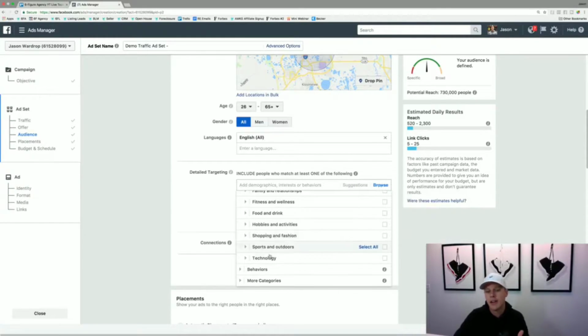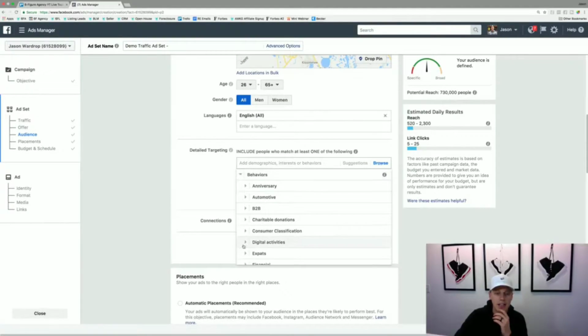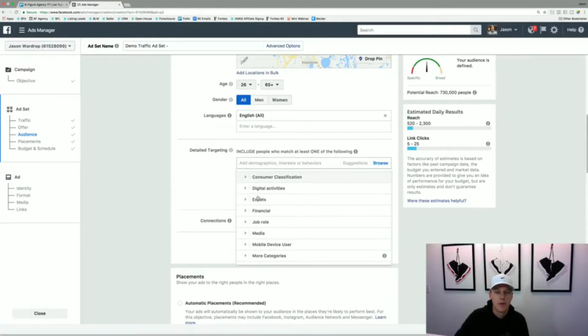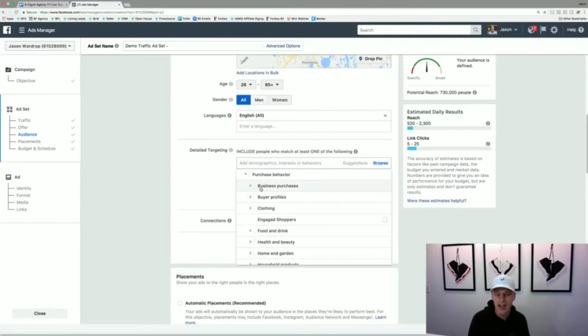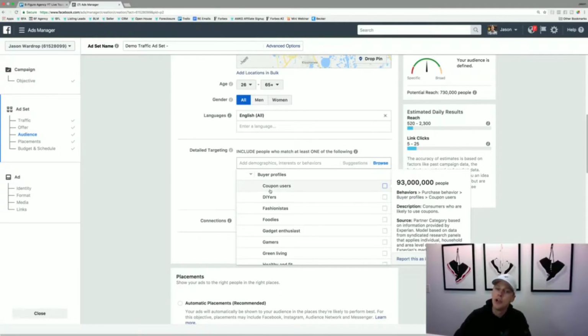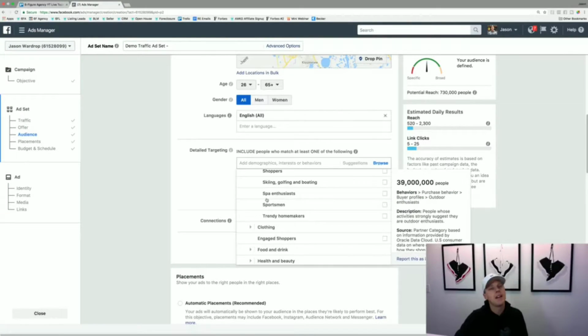You see like, okay, there's one where, let me find this. Oh, behaviors, I think it is. Okay, where it talks about people's purchase behavior, right? This right here. So people that are more likely to make big purchases online, if you're doing e-commerce type stuff. See these buyer profiles, coupon users. It's crazy how much data Facebook has, because Facebook not